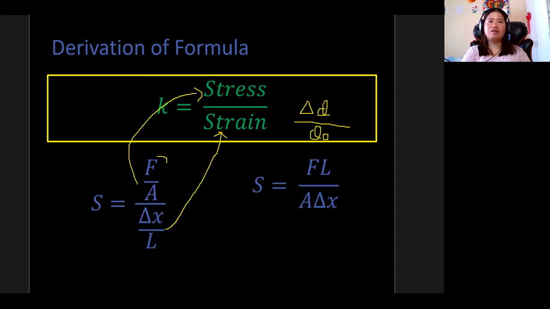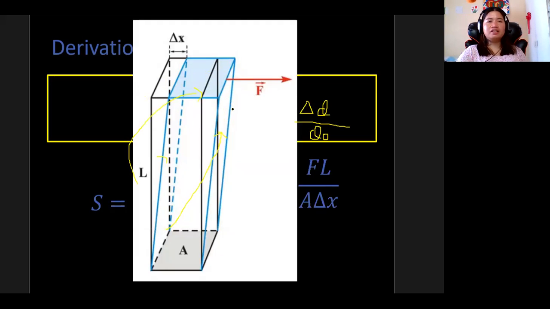A while ago we had FLOAL, or you can have it as FLORAL to make it much more beautiful to hear. And then for the shear modulus, we have FLUX. So in this image here, you can see what I was trying to say a while ago. Here we have the original length of the object. So look at the black line. The black line is the original length of the object.